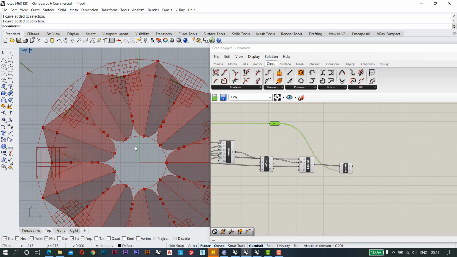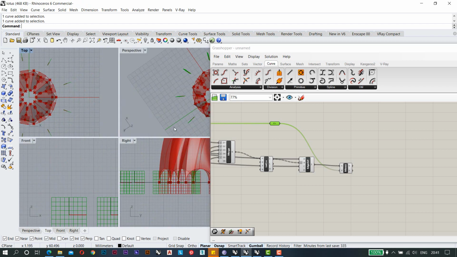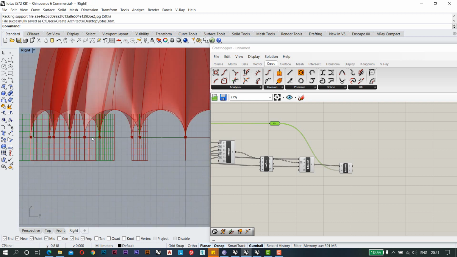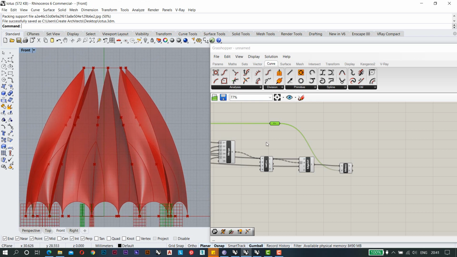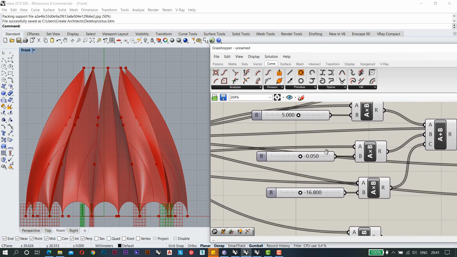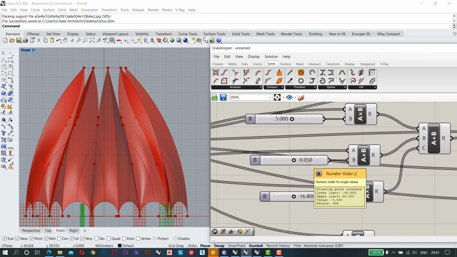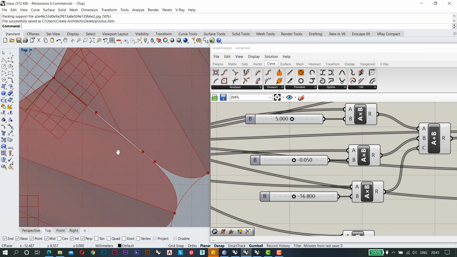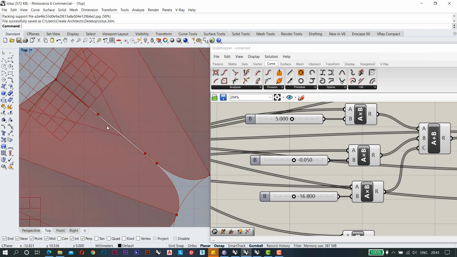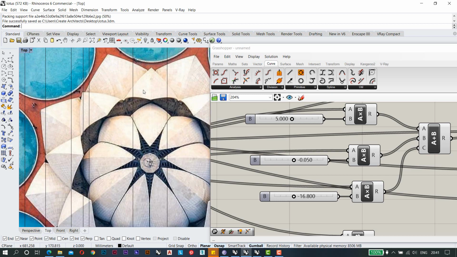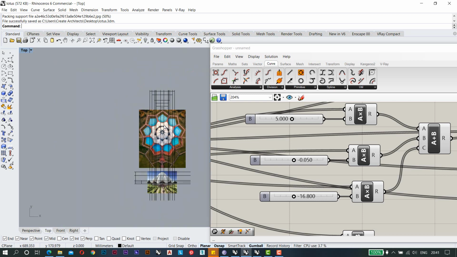But in the elevation, it is not looking like that as we want. So basically, if I go to my front elevation, I need to set a bit of my x and y axis. I'm not going to change the y axis, I will tell you why, because y axis is this permanent gap which is there. So you can see the little gap here, as you can see in the model also, there is a gap.